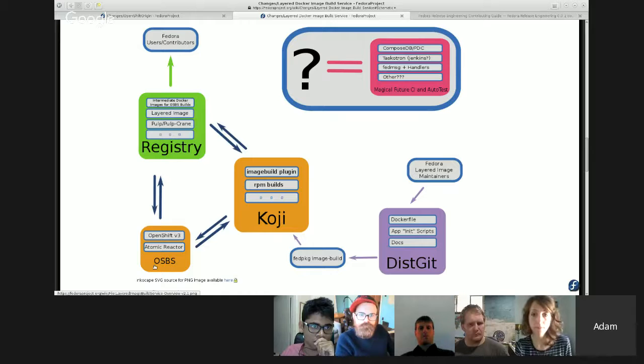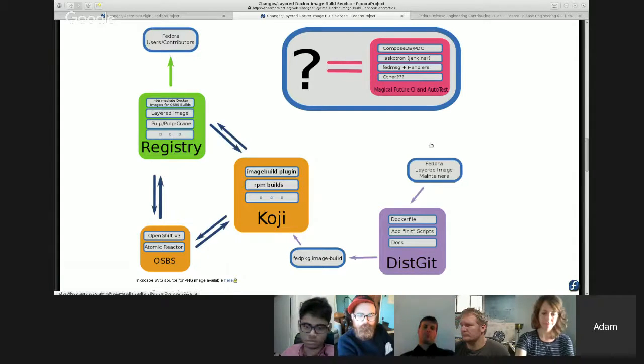The big piece of this that is potentially new to some people, or that they may not have a lot of background in, is OpenShift, and I'm going to talk about that in a moment as well, because that's another change that we're trying to bring in. Up here on the right is the magical future. We have a lot of plans around allowing continuous integration and automated testing so that we can do automated releases. Another thing in scope here is